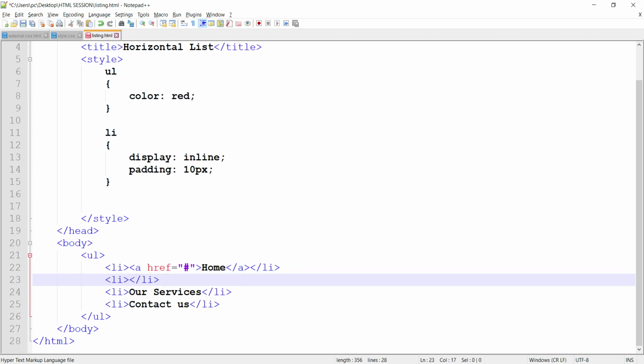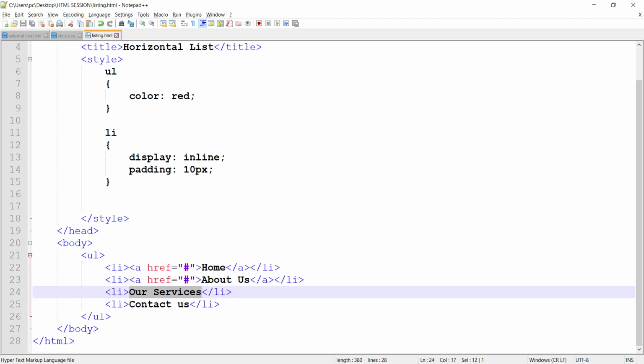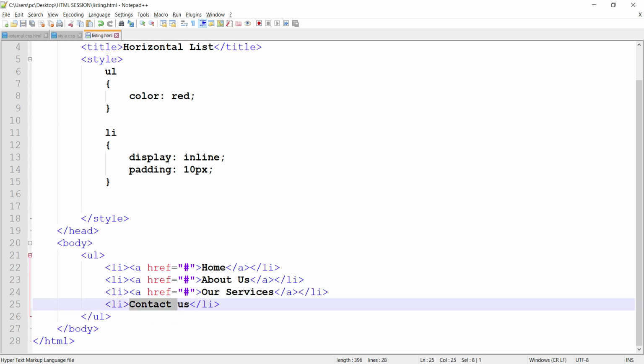So we have to put this in an anchor tag. Likewise for our services, a href equal to, right now I am giving just hash. Later on we will give the path of the file.